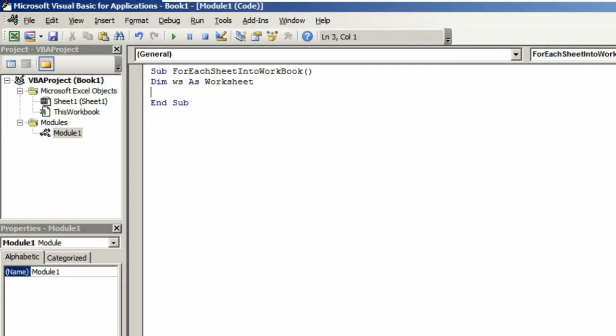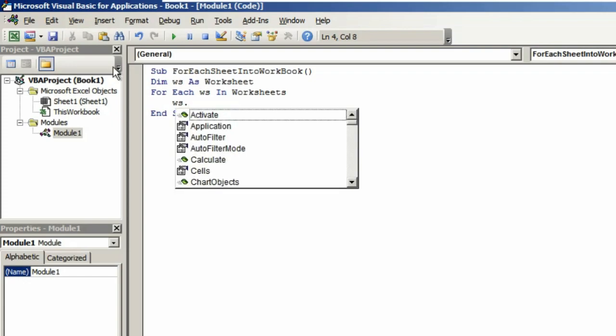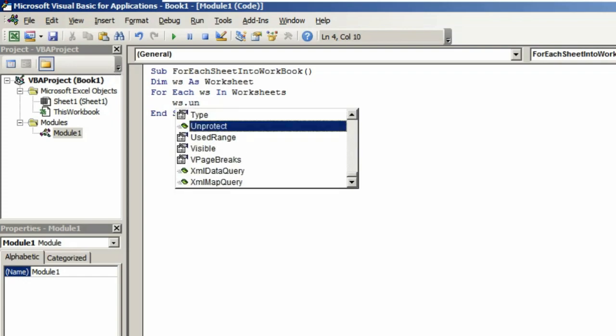Now we are going to use the For Each loop here. For Each ws In Worksheets, hit the enter button, press the tab button to indent your code, type ws dot, here select Unprotect from